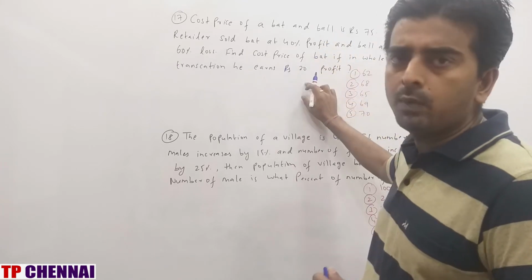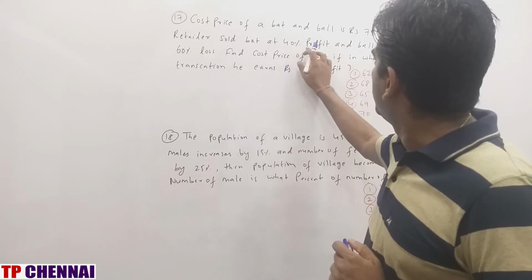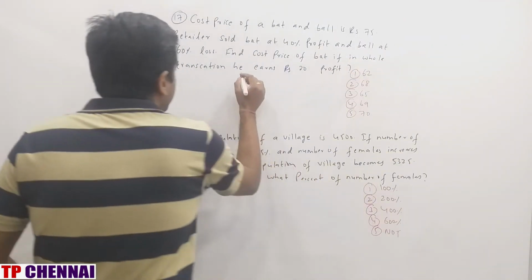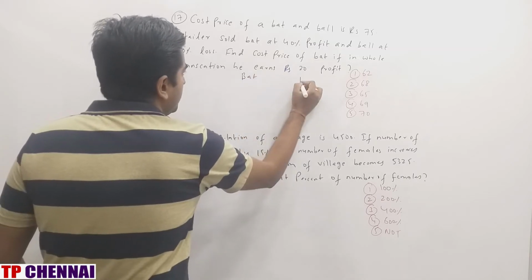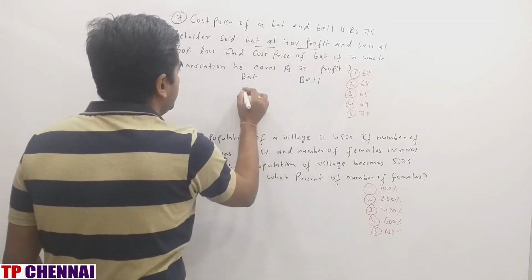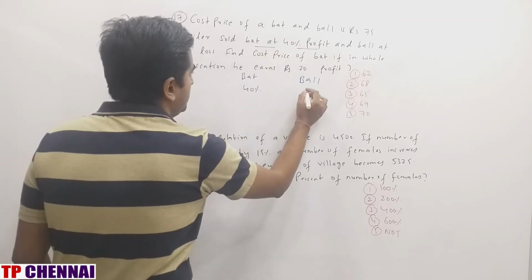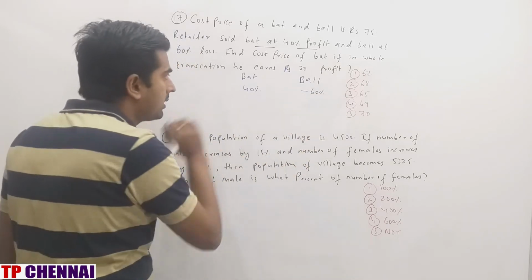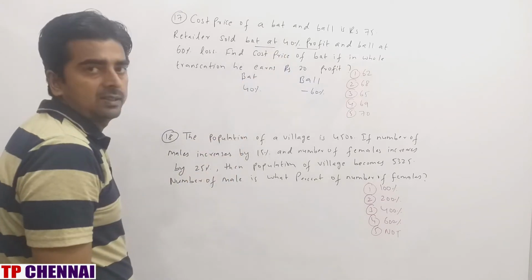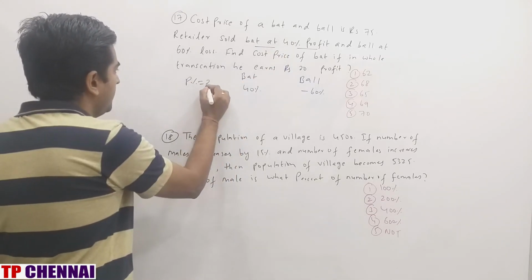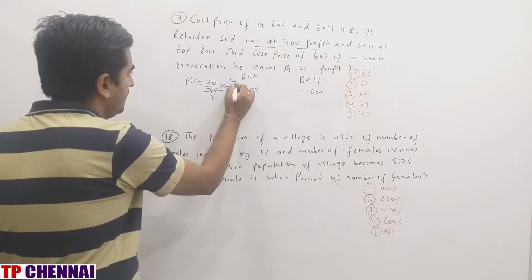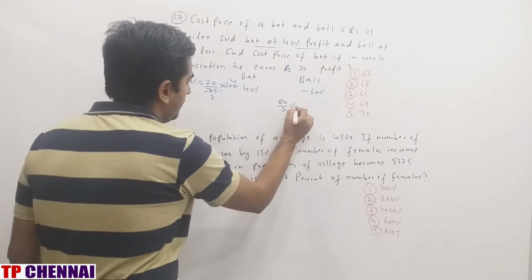So from this we can calculate the overall profit percent. And then bat profit is 40% and ball loss is 60%, right? So I am writing here bat, I am writing here ball. Bat is 40%, ball is 60%, so minus 60%. Overall is how much? So profit they have given you is 20 rupees and total cost price is 75. So profit percent is how much overall? 20 divided by 75 into 100. 25 3s are 75, 4s are 80 by 3%.